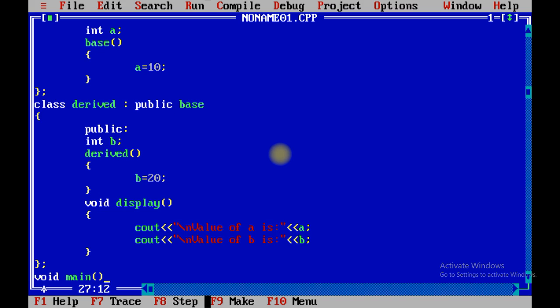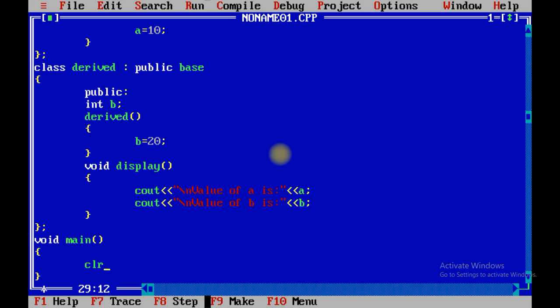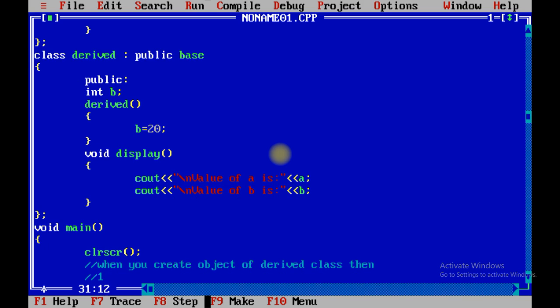Now void main, clear screen and getch. Now I want to give one comment line over here. You just need to read it. This concept is cleared in our previous videos also. When you create an object of derived class, then first it will call the default constructor